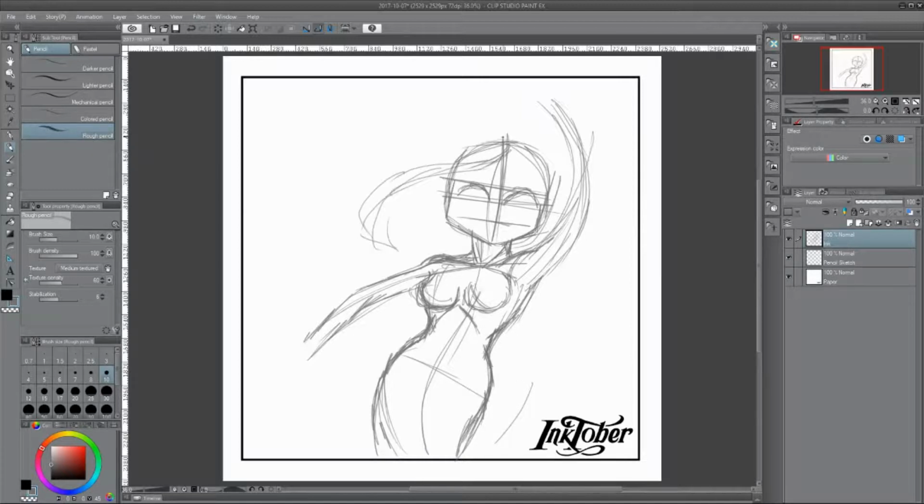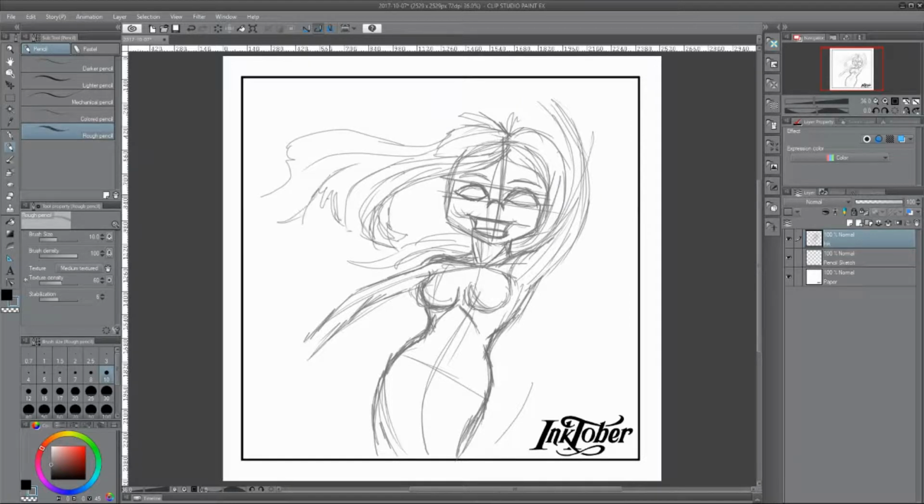For today's image I really wanted to do a female character, and I also wanted to do something that wouldn't be quite as time consuming as the previous couple of drawings, because I found myself pressed for time in getting everything done today. So I just